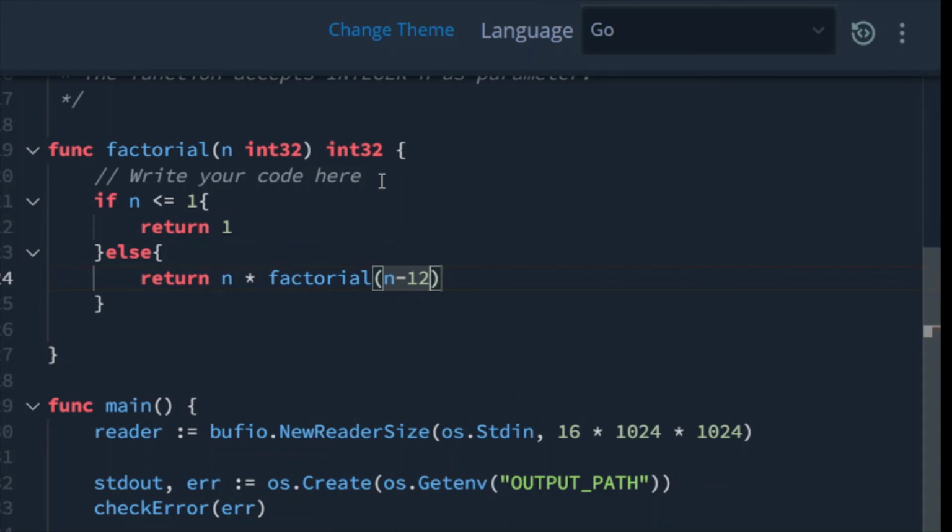This is the formula, and that's what we are returning. If it reaches 1, then it will just return. I think we can make it.